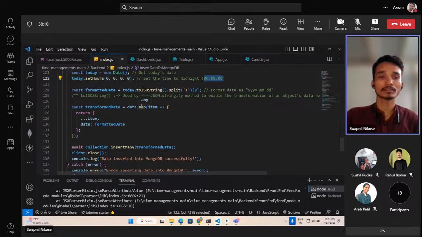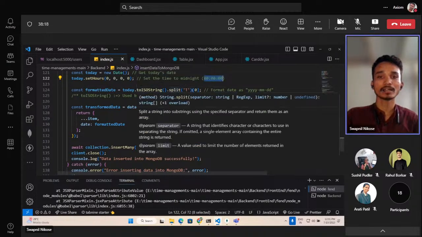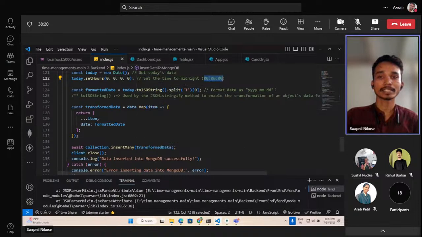After that, we can take the one format data variable. In that, we call the one function, that is toISOString, and we can split that data for getting the format of the date. By using toISOString, we can convert the JSON stringify method, enabling it to transport the data into the object, and it's converted into the format date. That's why we take that toISOString function, and after that we just call that function,